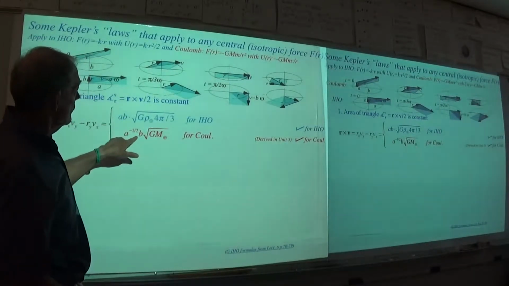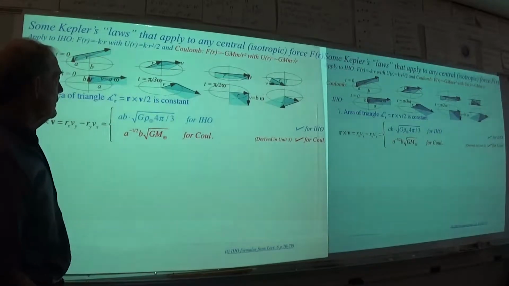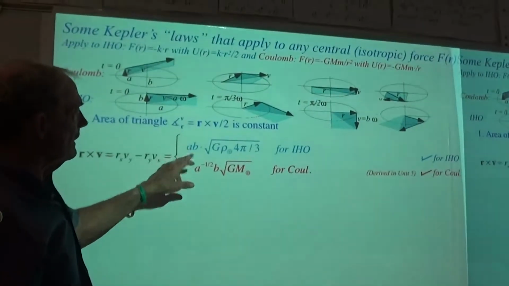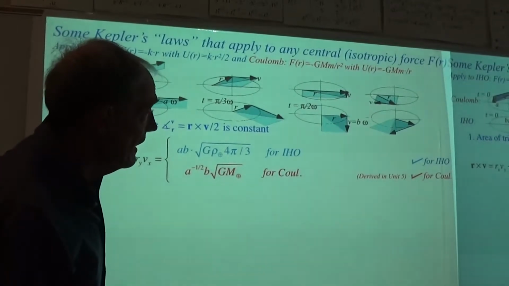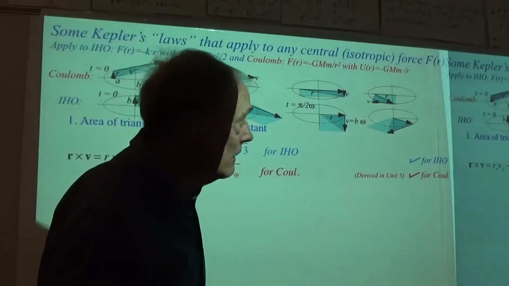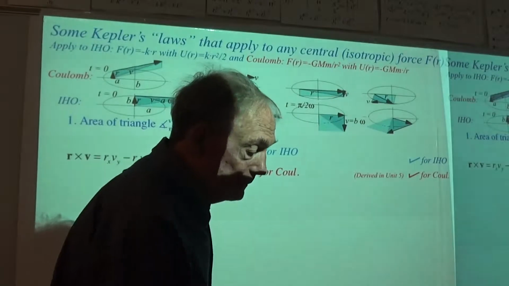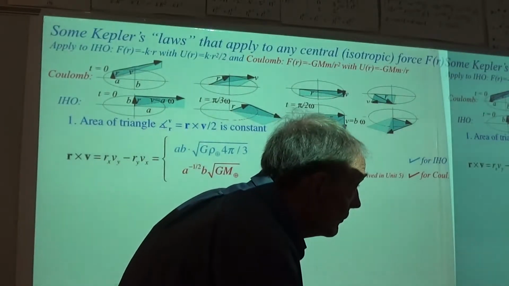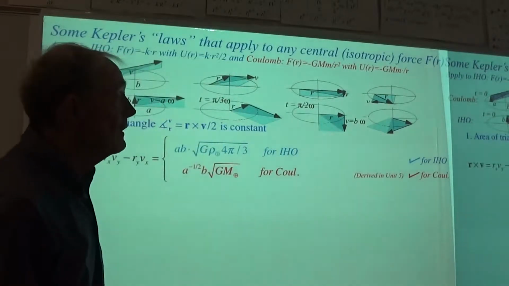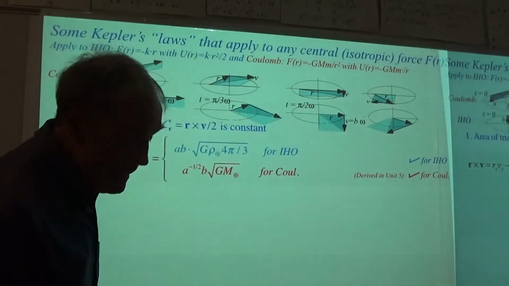This one is just a little bit different. It's got the inverse square root instead of just a, and we'll be deriving that later on. And let me put that up on the screen down there. And the next thing, angular momentum is being conserved here. That